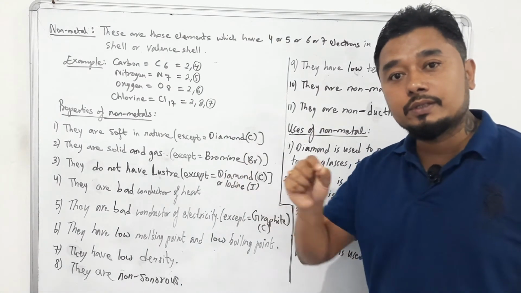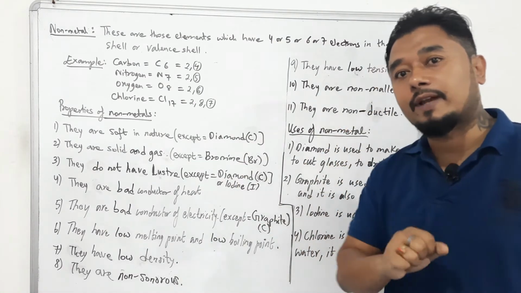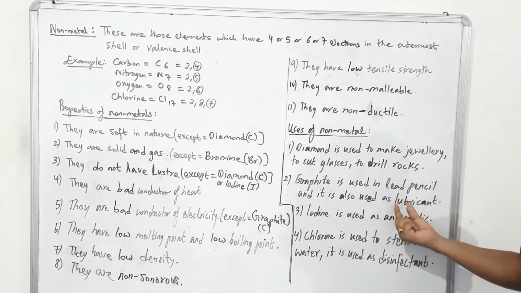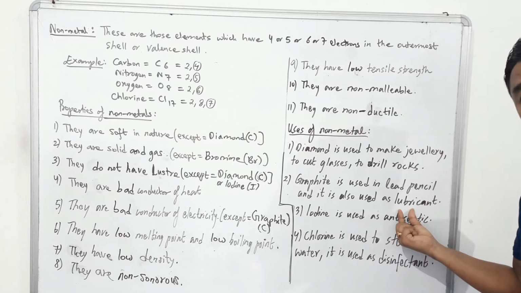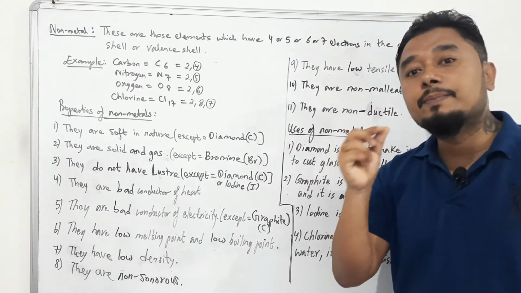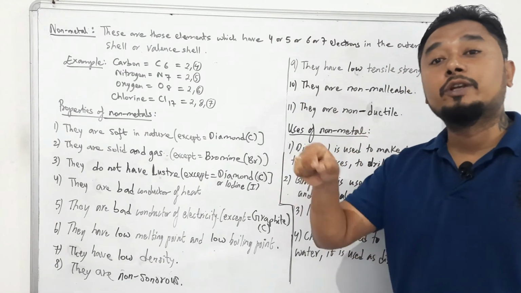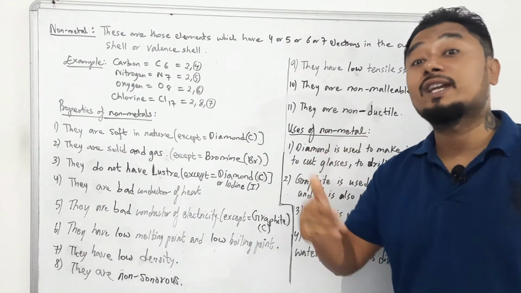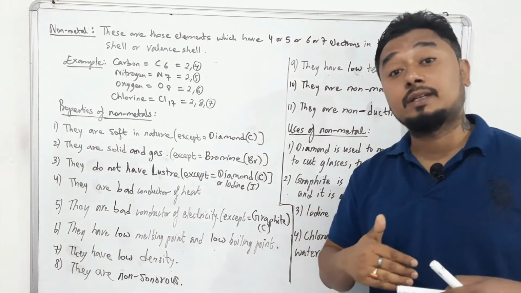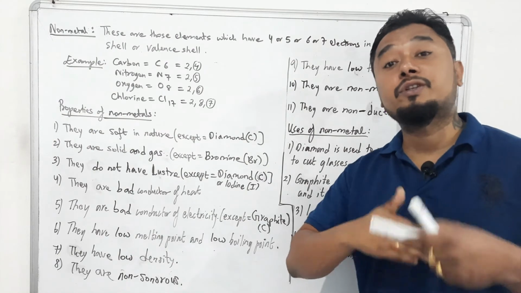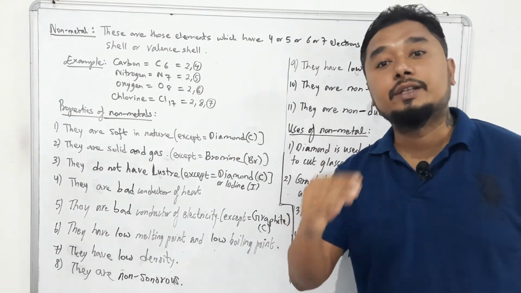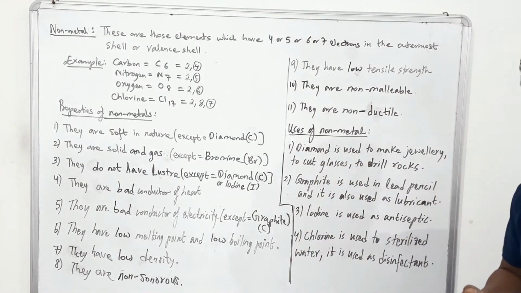The pencil which you use, the tip part contains graphite, which is slippery in nature. So since it is slippery in nature, it is used as lubricant also. It is used as lubricant because it is what in nature? Slippery. We put it in machinery parts so that it will not get rust, because it produces a slippery nature in the machine, whereby it will run smoothly. Done? So it is used as lubricant because of its slippery nature.